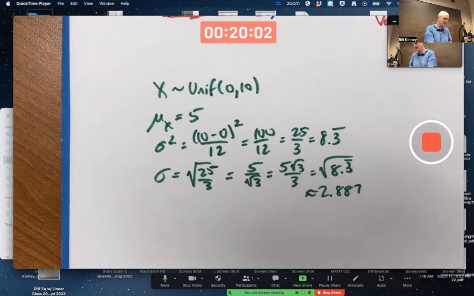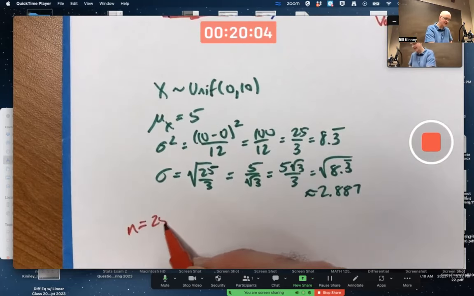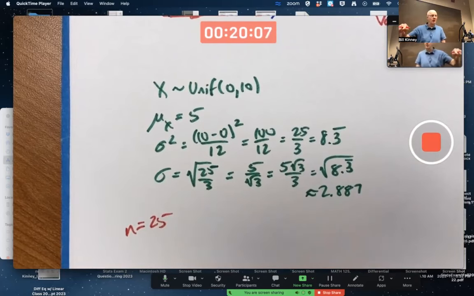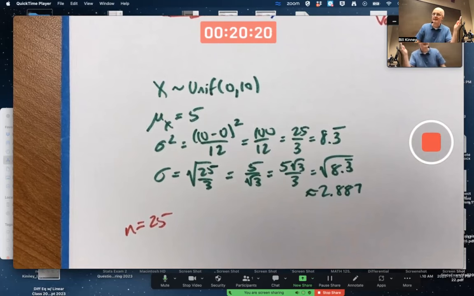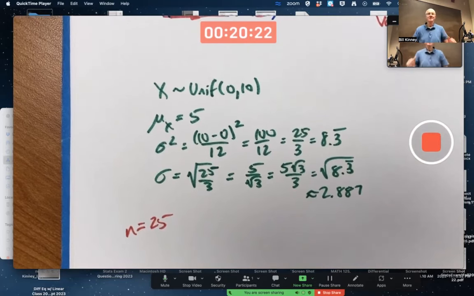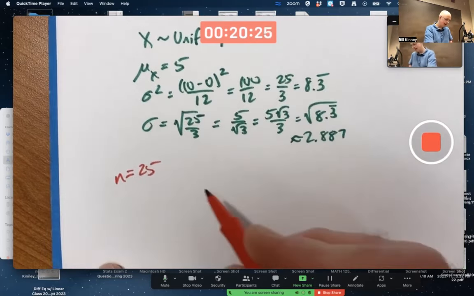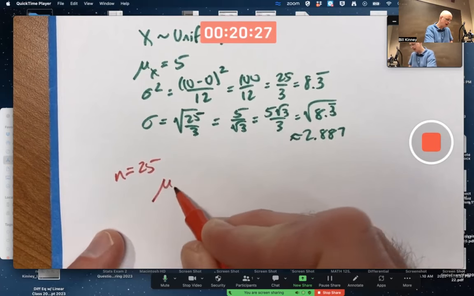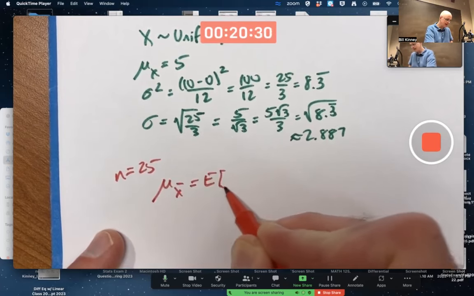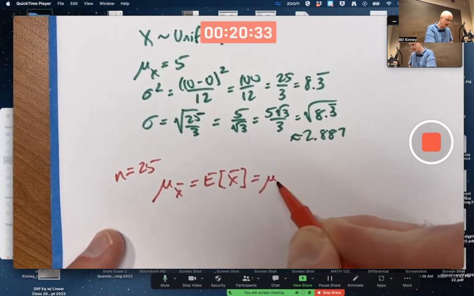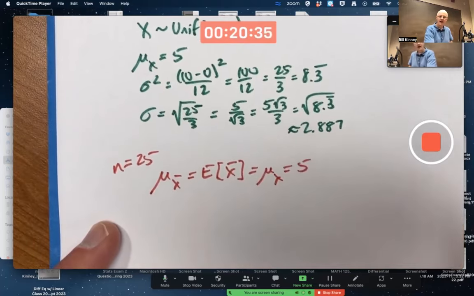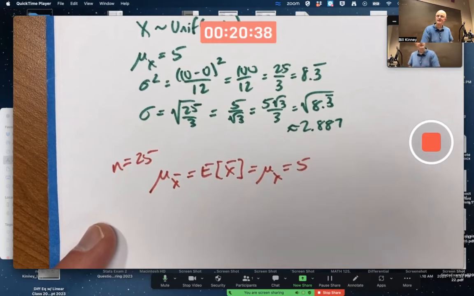X bar, when n equals 25, as it was for us, there were 25 rows that we used. n is 25. Then I did 26 columns, 26 values of X bar, but n is 25. I could have done more than 26, I just ran out of letters. n equals 25. The mean of X bar, the mean of the mean, is the same as mu, the mean of X, still 5. Our histogram that we made was centered on 5.